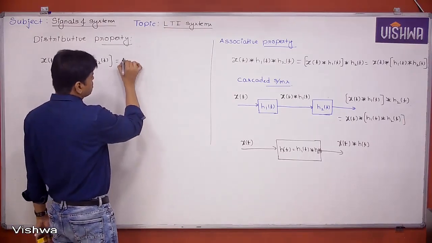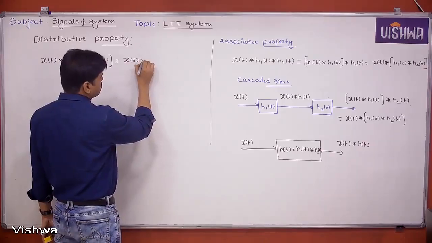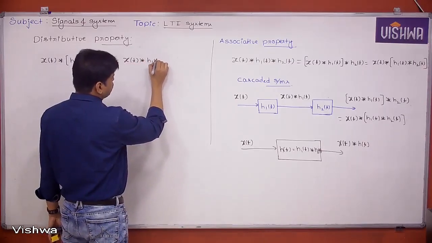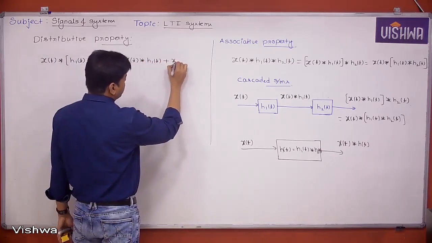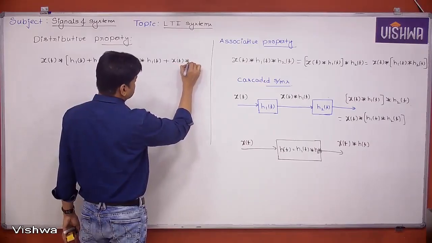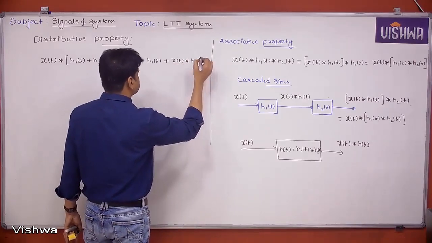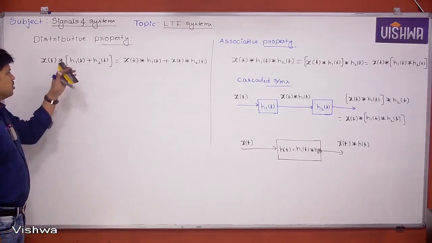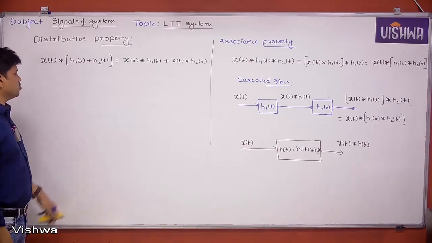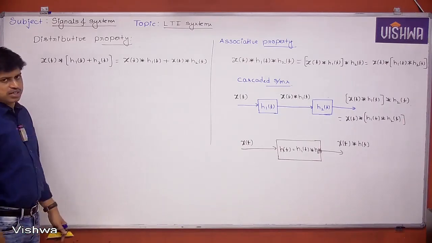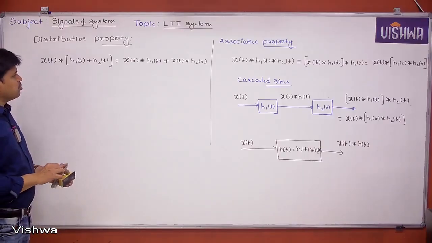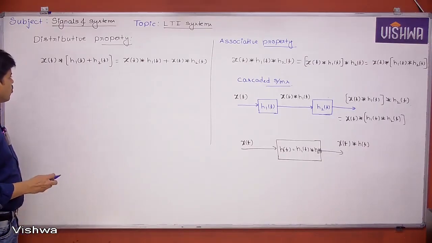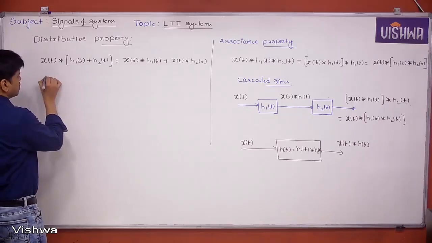What do you mean by that? x of t convolution with h1 of t plus x of t convolution with h2 of t. So this is the output we are going to get. That means if h1 of t plus h2 of t whole convoluted with x of t, we can represent it like this. This is going to help you in finding out overall impulse response when the systems are parallel systems,